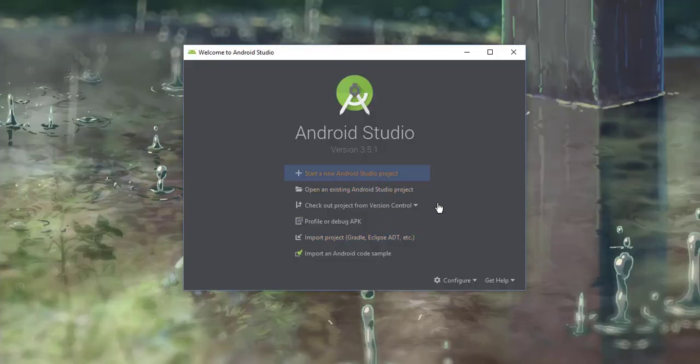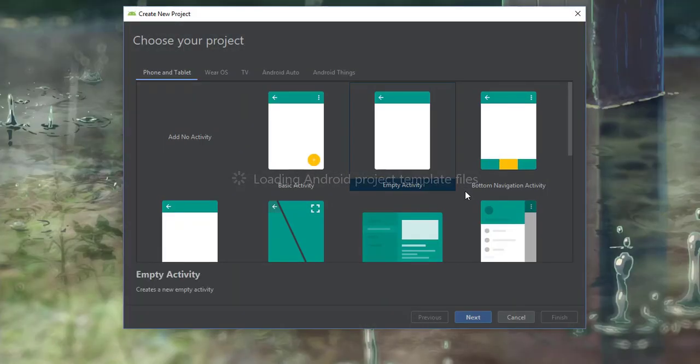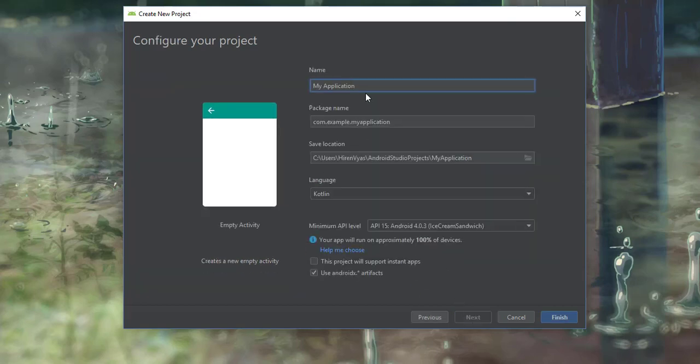Select start new project, and it will show you a list of templates. Choose empty activity, click on next. Now in this window it's showing your project name, your package name, then location. You can change the location of your project,